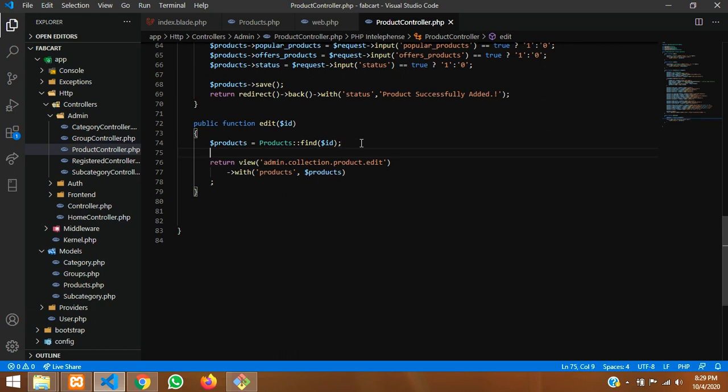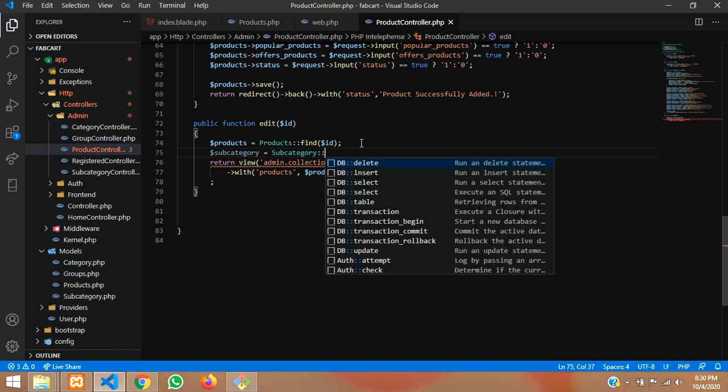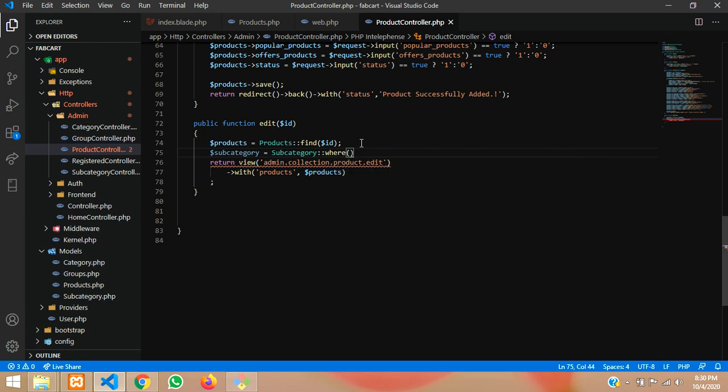So you can include subcategory is equal to subcategory model, category model, where we'll use the get function to get that, and we will say this status not equal to 3.